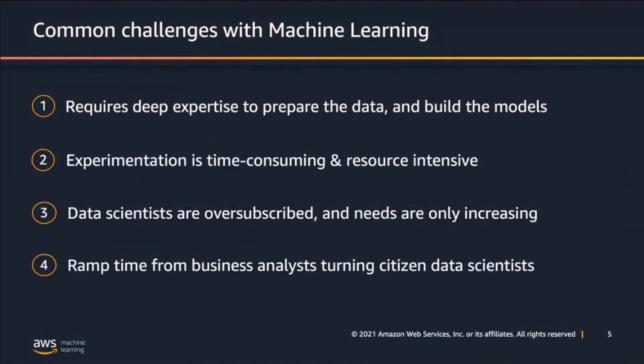However, as you understand and know from your own experience, this can be a very time-consuming process that requires tons of understanding and knowledge. Not only do you have to have deep expertise in how to prepare your data in order to help your model the most to predict your target objective, but you will have to know which models to build or select and which hyperparameters to start with. To add to that complexity,